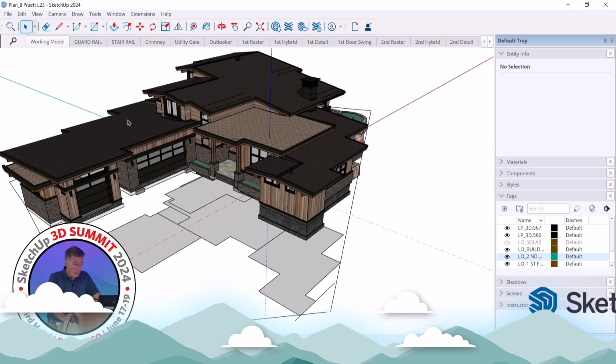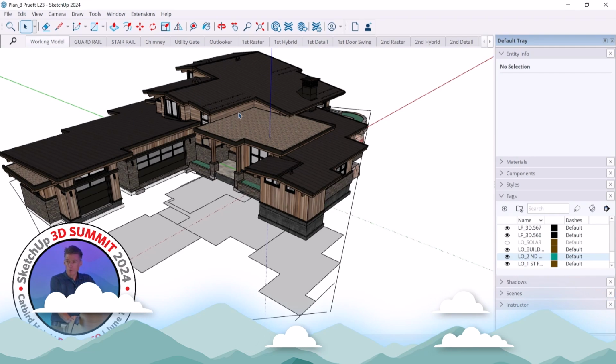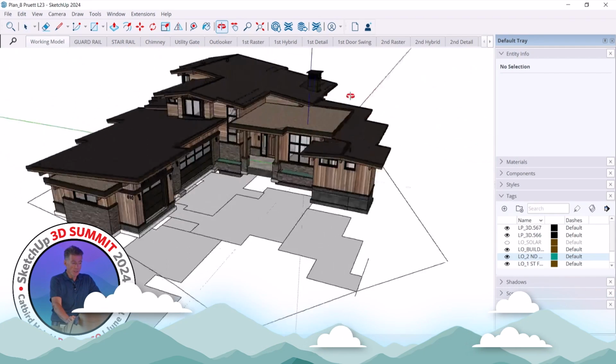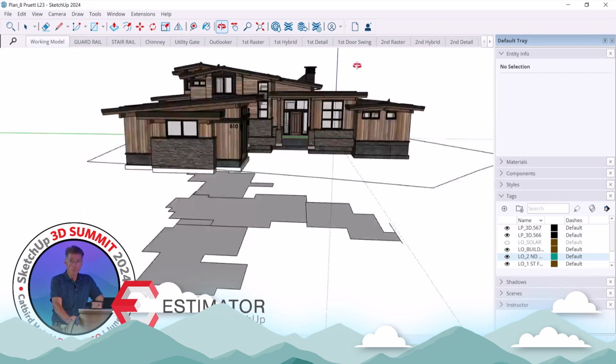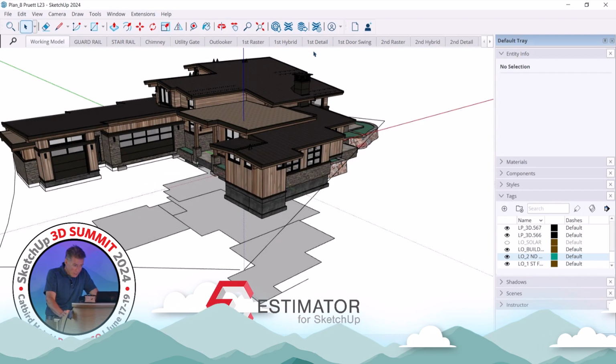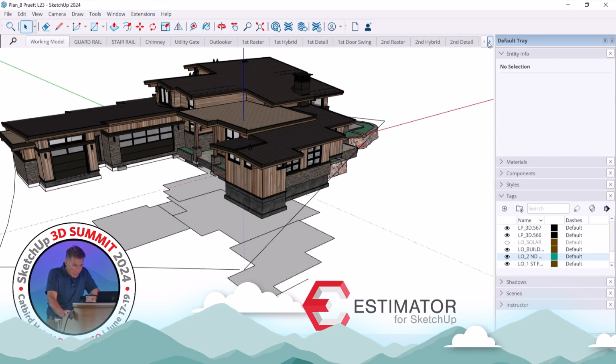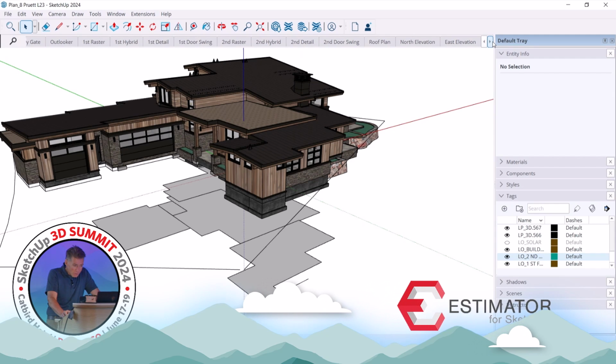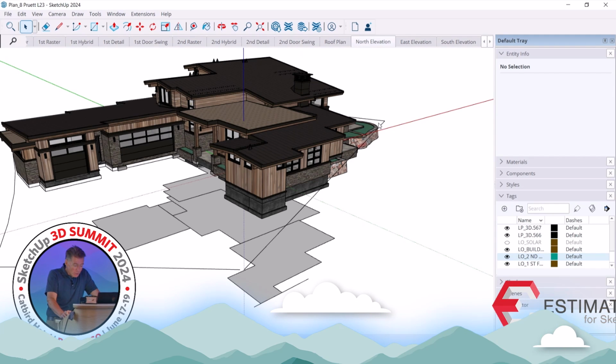All right, so in the working model, it's a very simple style. There's nothing on. That's why it stays fast. And God, 2024 is wonderful how fast it is. Maybe that's changed, I guess, when you have all of those on. But on, for instance, the north elevation,